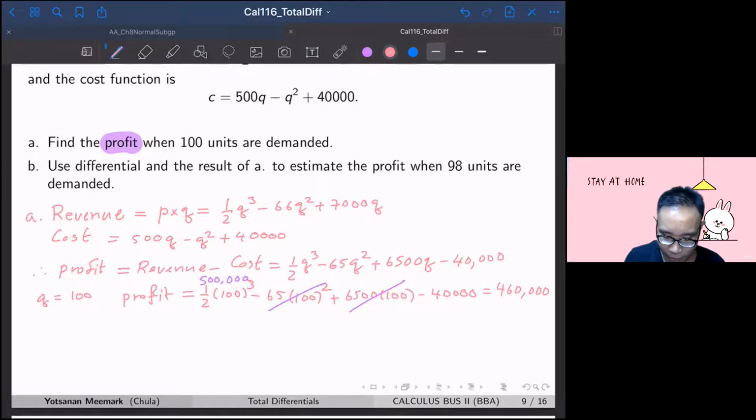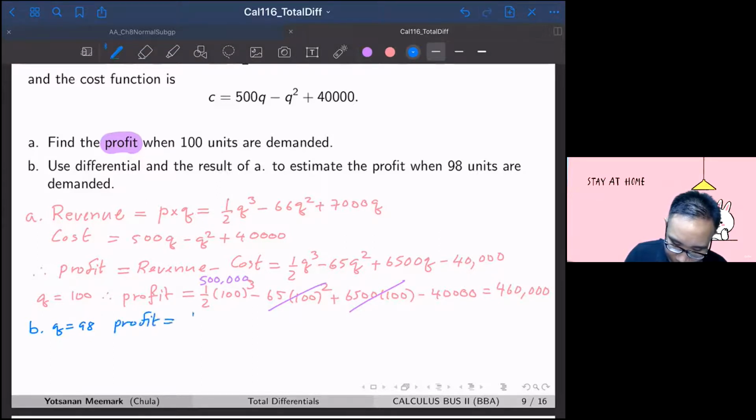So this one will be the actual profit at Q equal to 100. And the second question asks you to use differential and the result of A to estimate the profit when 98 units are demanded. So you see that you can plug in Q equal to 98, and the profit